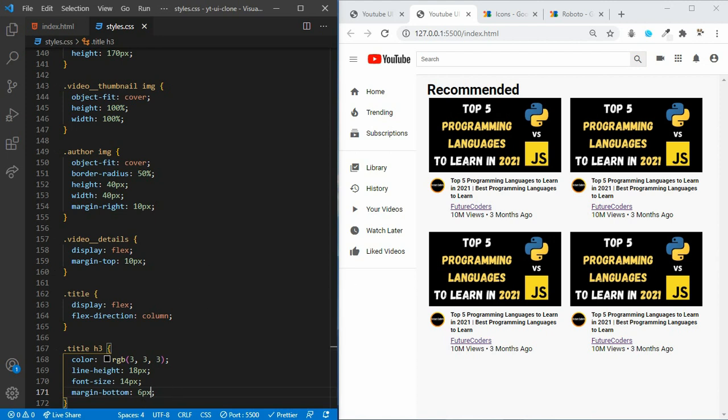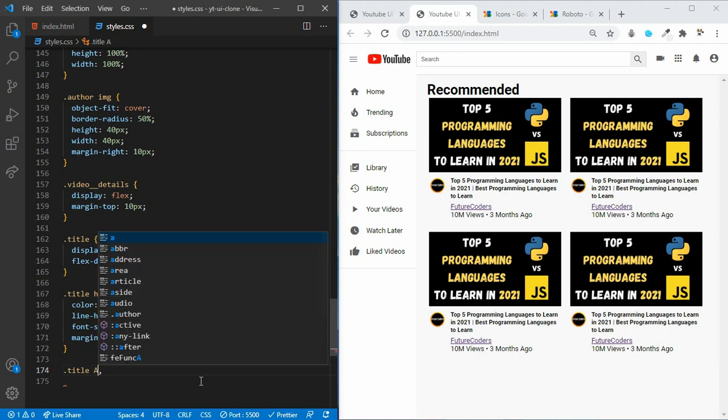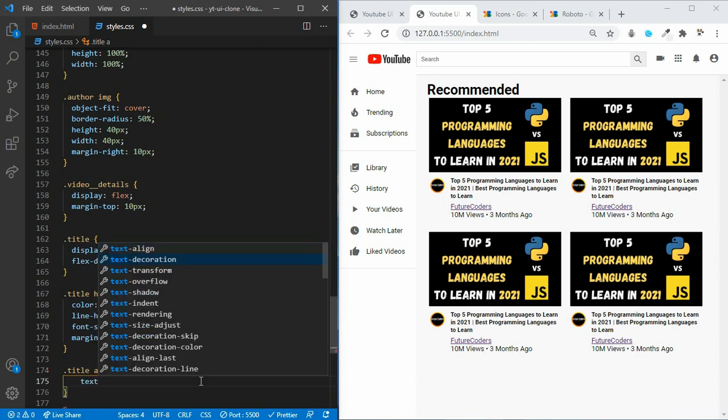Now let's target the link tag that is present inside that title. Let's also target these span tags. These are using span tags, right? Let's also target those. Let's say text decoration to none.